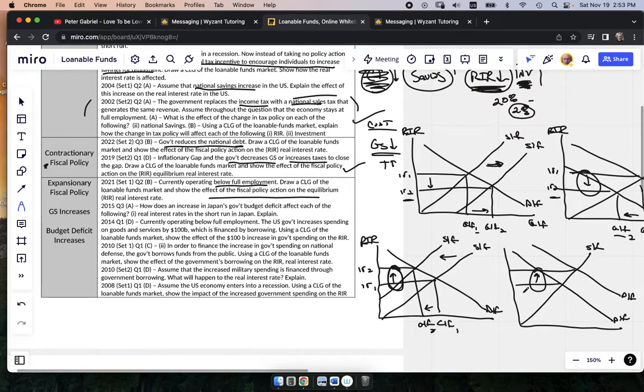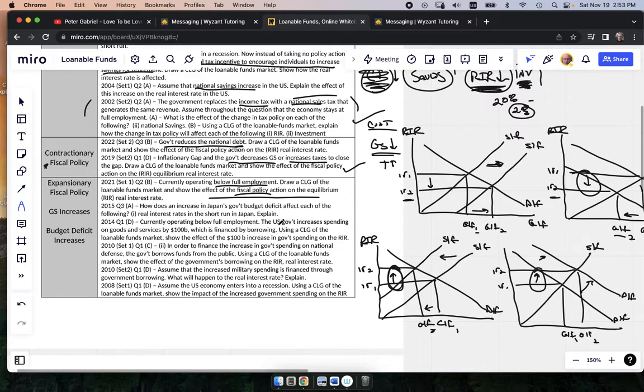And they're just going to say, draw a correctly labeled graph of loanable funds, showing what happens when there's expansionary fiscal policy. Easy enough. But every so often, they're going to say, show what happens to supply or demand. Again, you just want to show it. Make sure you're doing it here correctly. We're good, I think, if that makes sense.